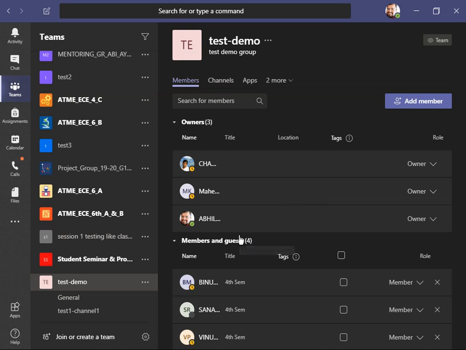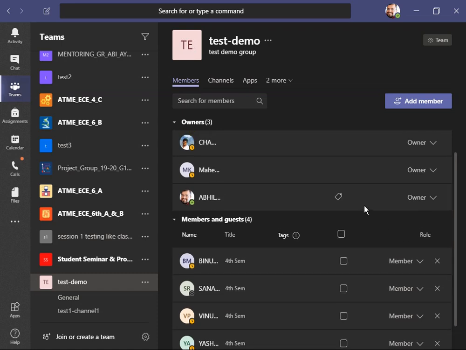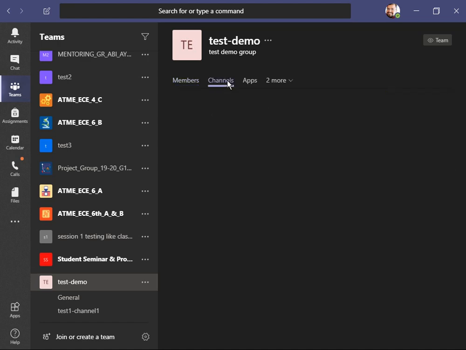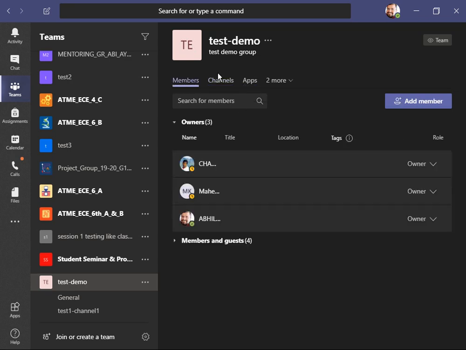and the classroom way of creating it is directly followed here. The teachers whoever I have added, they have directly been promoted as owners in the group, and whoever were the students, they have been simply directly added as the members. So this members and owners makes a difference when we look at the properties of this thing.